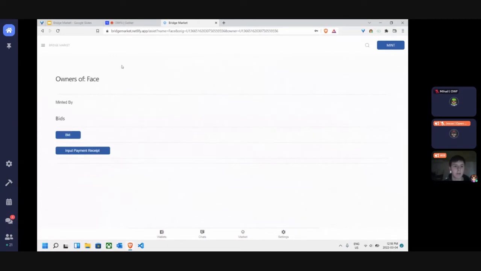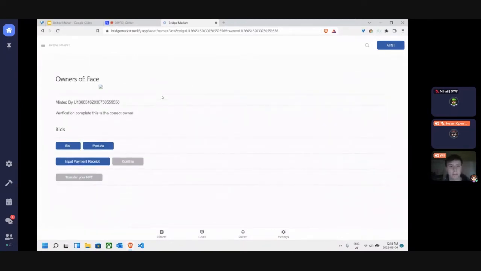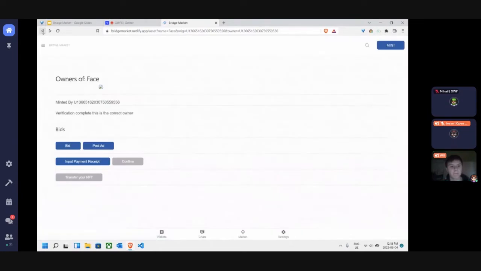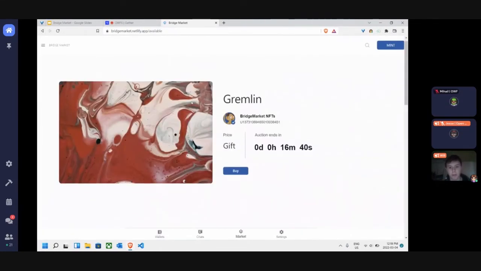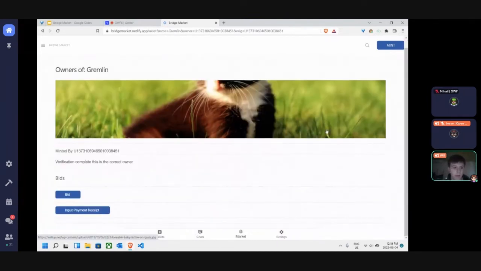Wonderful. Okay, and if I refresh this, let's see. Oh gosh. Okay. Yeah. Okay. So I think the issue is it hasn't totally been uploaded to Arweave yet, which is why we're getting this error. But okay, I can instead show you with another one that has been uploaded. So something like this Cute Kitten, right?